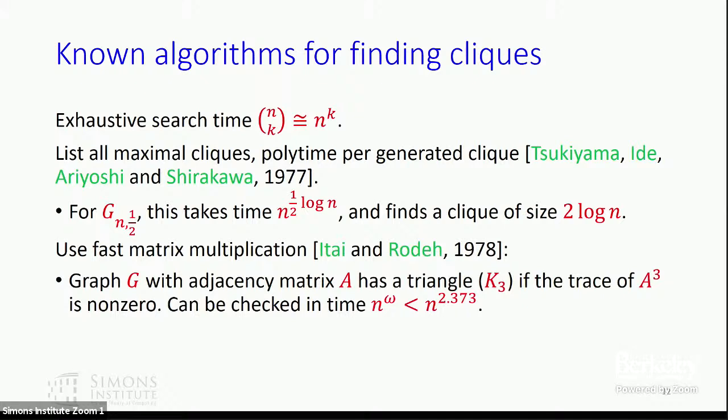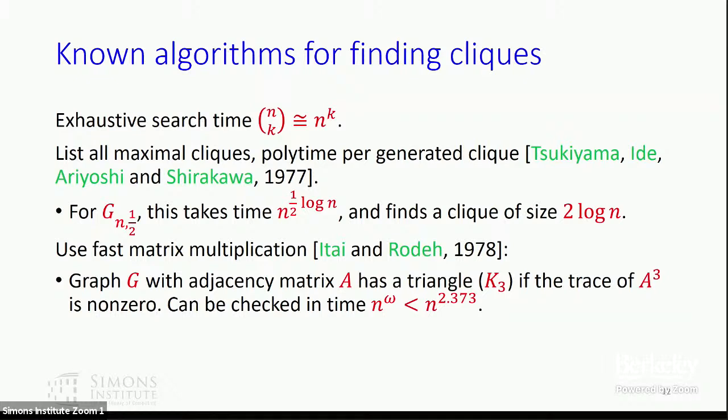So for a graph G, if we look at its adjacency matrix, if it has a triangle, and a triangle is a clique of size 3, then if you raise the matrix A to the power of 3 and look at the diagonal, the trace has a non-zero entry. And a non-zero entry corresponds to a triangle. And this you can detect by doing fast matrix multiplication of A with itself. And this takes time